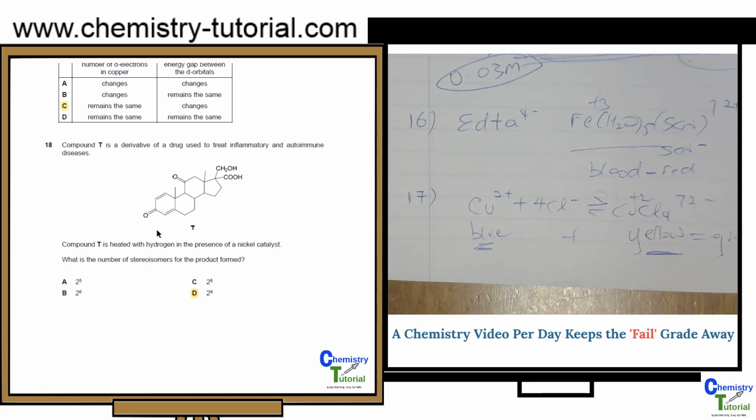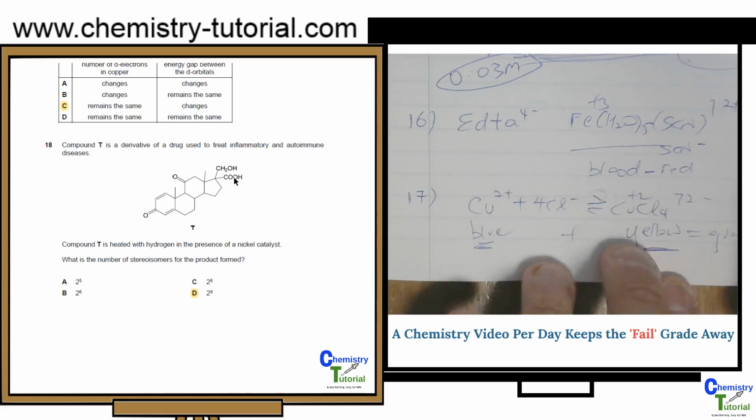So therefore, your hydrogen is going to reduce your carbonyl and your alkene, but it will have no effect on the carboxylic acid group. Only your lithium aluminum hydride will reduce the carboxylic acid. So in that case, we should just focus on the optical isomerism. That means we should look for the number of chiral carbons. There's this formula to find the number of stereoisomers, which is